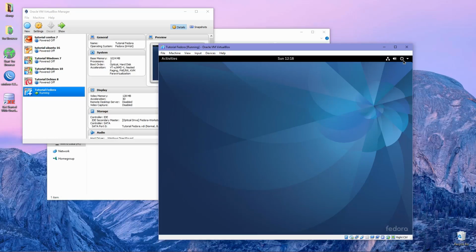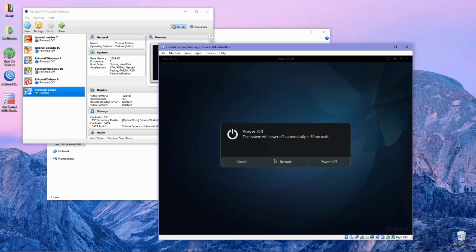And next we need to restart Fedora. For this step, make sure you don't remove the installation media, because when I tried to remove the installation media before restarting, Fedora got an error and would not boot to the hard drive.